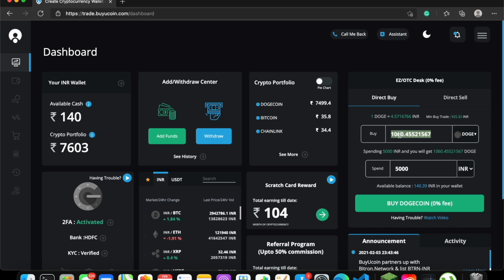Okay, that is for now. Probably in the future, when the value of Dogecoin increases, the withdrawal charges will be reduced. Actually, that is not the withdrawal charge of the site, that's the network charge. Which means that when the value of your coins is higher, that charge will be reduced.